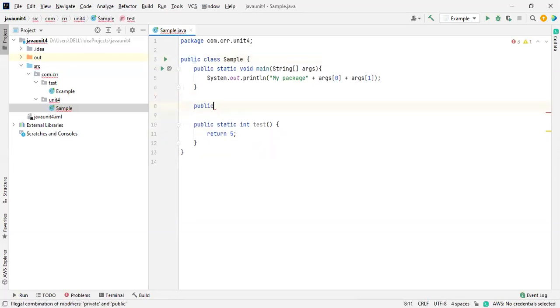Let me remove this. See this one. This is a sample class and its package is, so inside a package, com is one of the folders, and inside that is a sub package, and inside that is another sub package, and this is a class file. So you are telling the operating system to place it somewhere else. Let me show you that also, which is good for you to understand. So packages are very important.